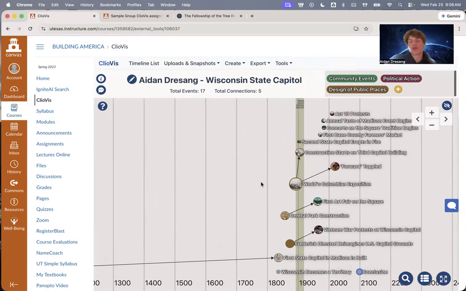Hi, today I'm going to talk about how you can present and share your ClioVis timeline. ClioVis has a really cool presentation feature. It allows you to present your timeline like a slideshow. But just like a slideshow, you might want to reorder how you're presenting your events